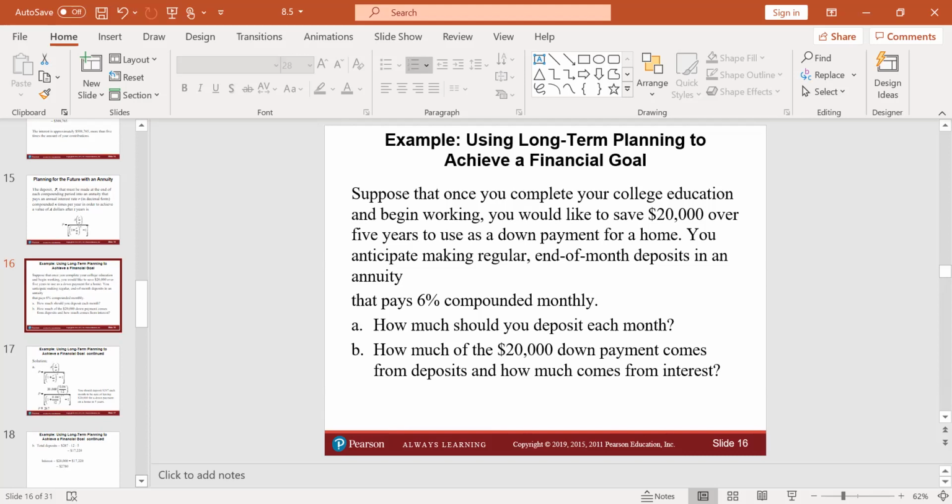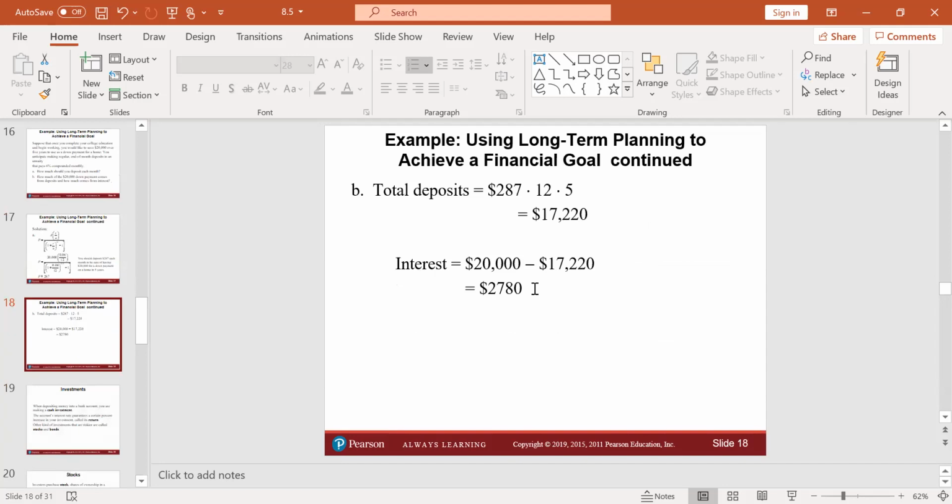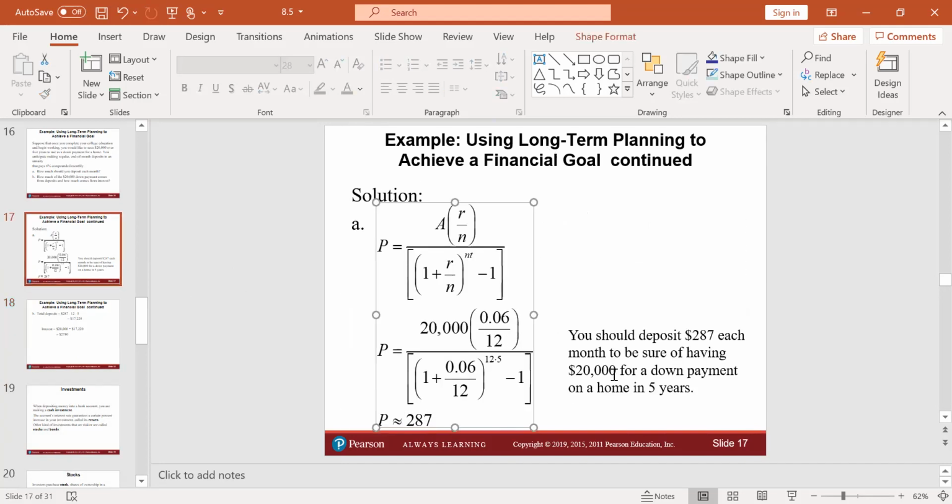You're going to put end of month deposits into an annuity that pays 6% compounded monthly. So basically in 5 years, you want 20,000. How much do you need to put away each month if you can get 6% interest? Well, using their formula, which is very similar, you can ultimately solve for it, and you only need to put $287 away each month into that savings account